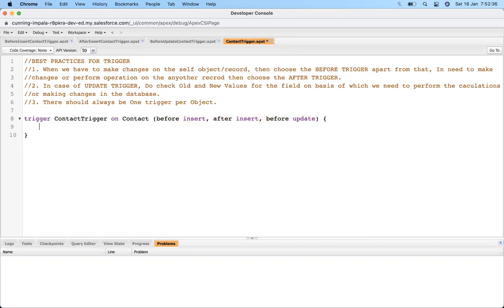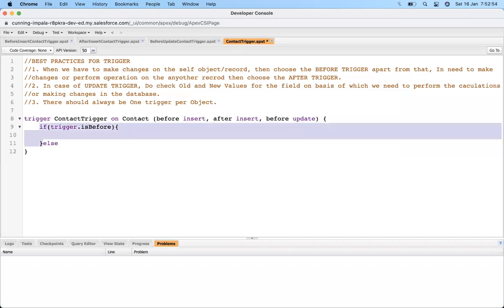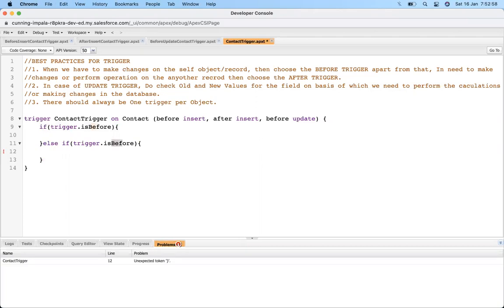we need to check here if Trigger.isBefore, else.